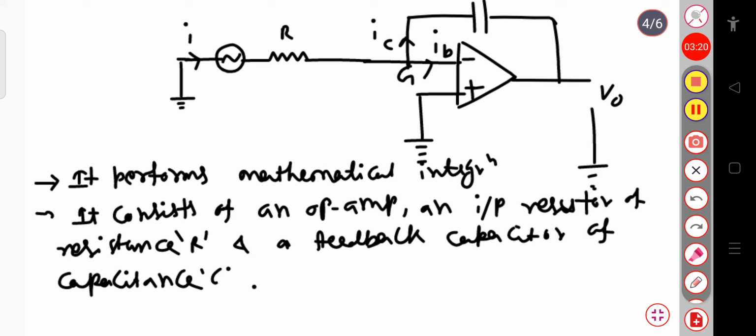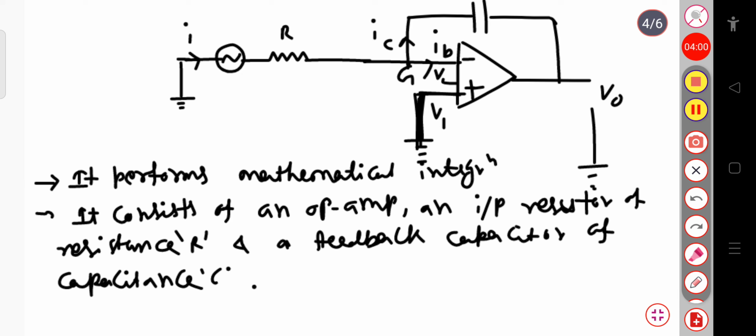So the point Z is at the virtual ground, and at that point the input impedance of the operational amplifier is infinite. So here if I consider, this is your V1 and this one is your V2 voltage. Since this terminal is connected to the ground, you can say V1 equal to 0, and the difference between these two, that is Vd equal to V1 minus V2, is also equal to 0, or simply we can say that this V2 value will be equal to 0.